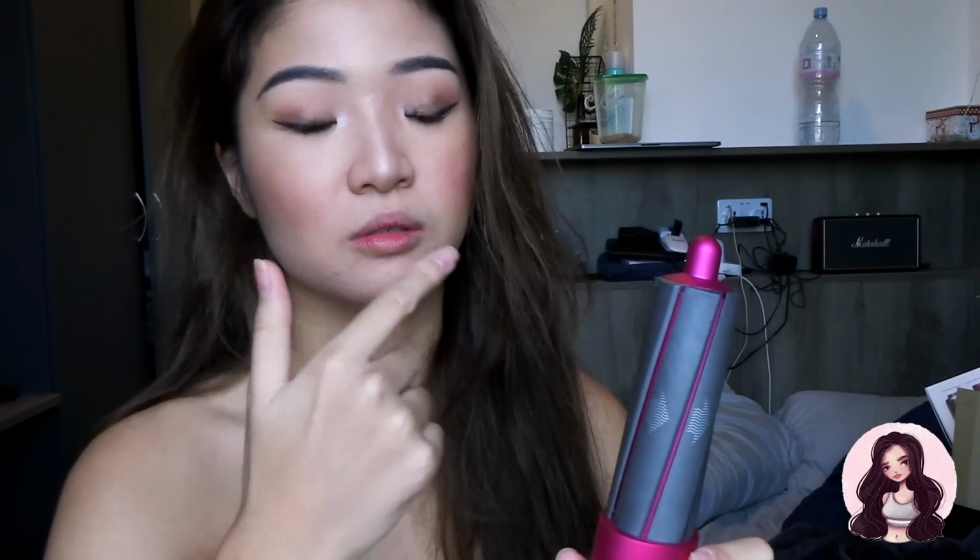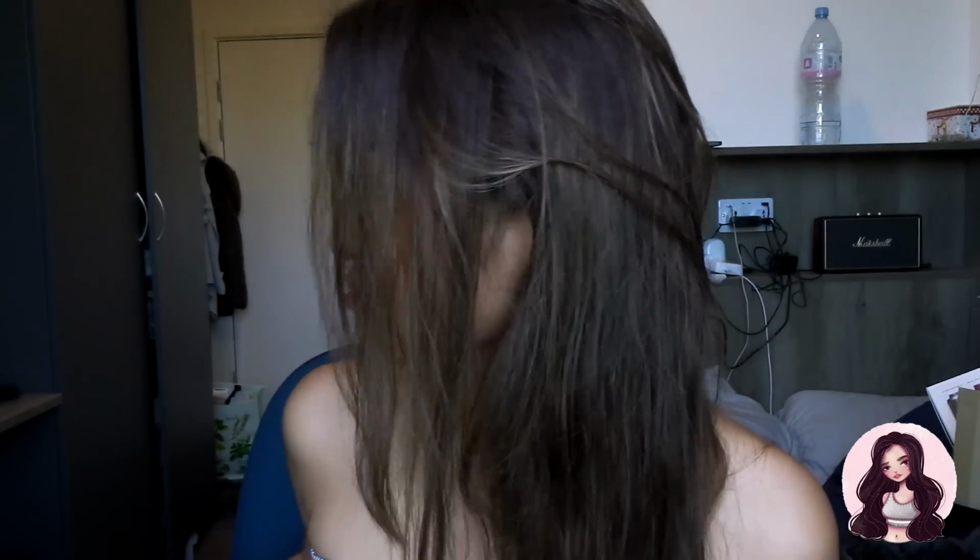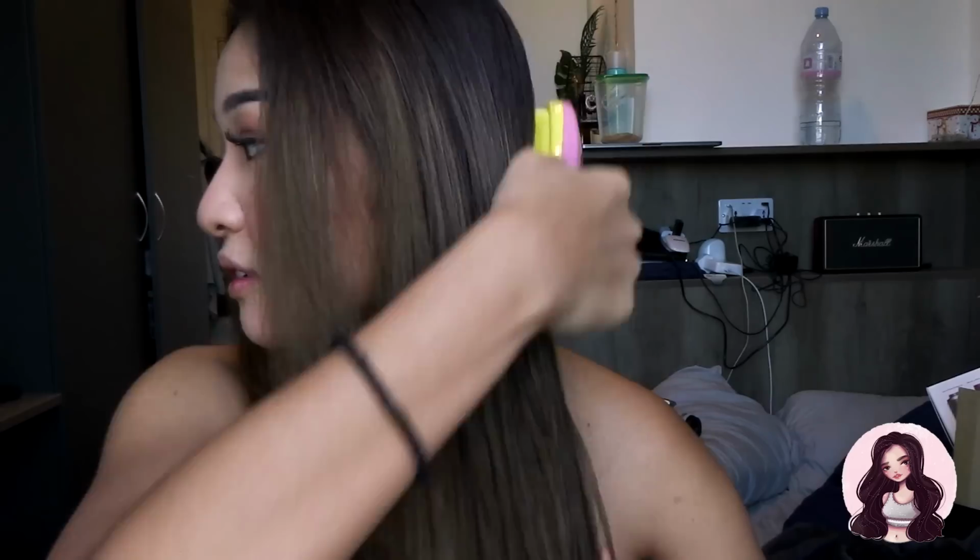I personally like bigger curls. I'm gonna try out the 40mm barrel first. Okay, I'm trying to figure out what direction this goes. It goes outwards. Okay, I'm gonna start by curling this section, and it should go outward. I've seen YouTube videos where they don't comb their hair, but I'm kind of OCD, so I'm gonna brush out my hair a little bit because it's really tangly. So I took a small section, and I'm just gonna...